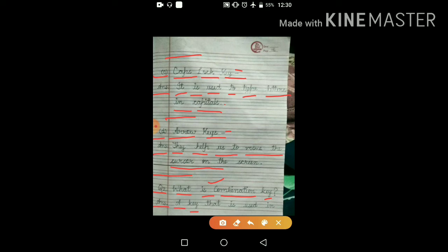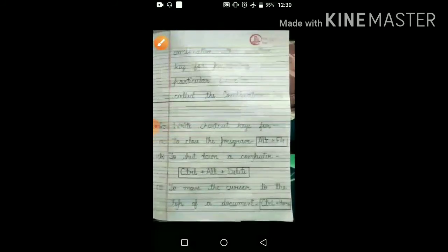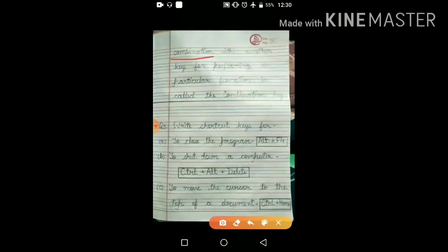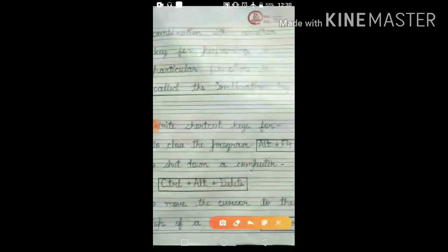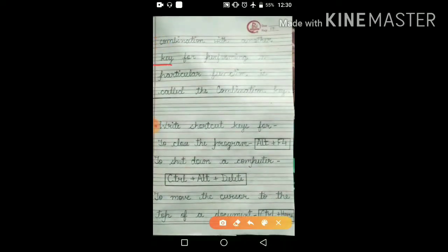A key that is used in combination with another key for performing a particular function is called the combination key.